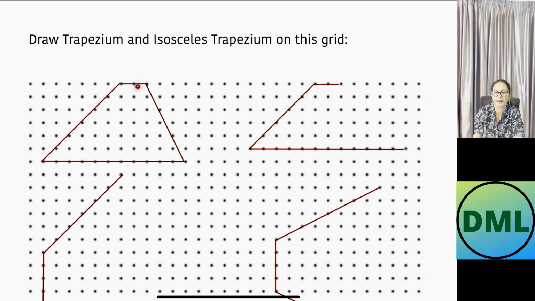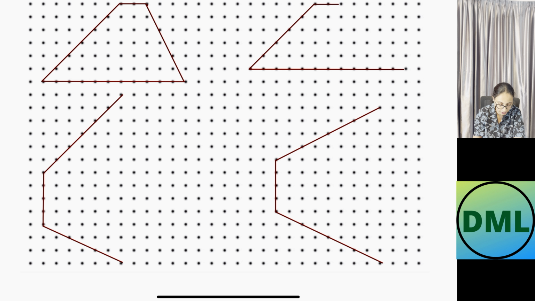Let's see another way of plotting that. You pick the parallel line on the vertical side. This is your horizontal and this is your vertical. Let's see how many units did I pick. 1, 2, 3, 4 units I picked. I made one slanted side with 6 units, and I have joined with another side. I need to join this with this one to complete my trapezium. Let's join that. This is my trapezium in which these two sides are parallel to each other and they are of different lengths. Other two sides are also different.